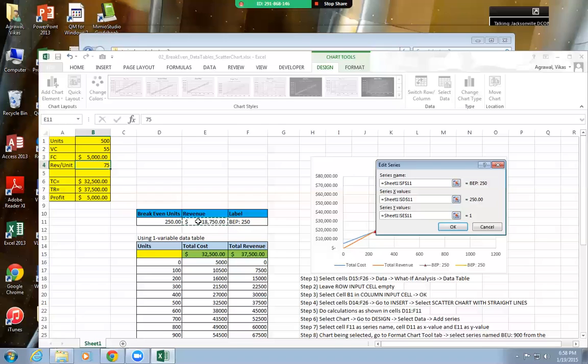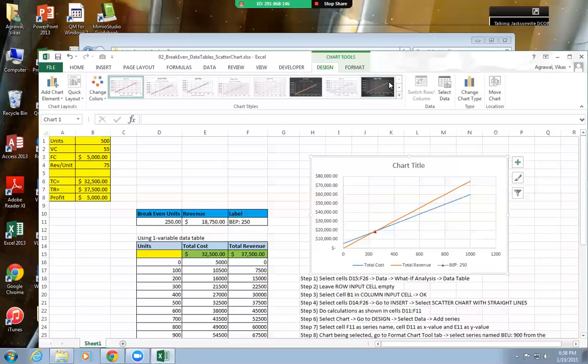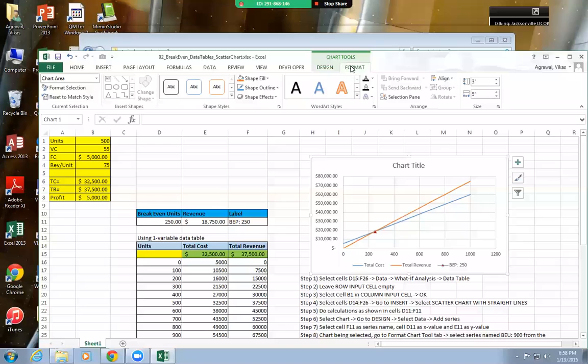Yeah. So it's gonna add that particular data series. Now if you say okay here, you should see a data series by this name. Do you see it there? Now all you have to do is say okay here, you go to format, then you see the chart area here. Okay, cool.